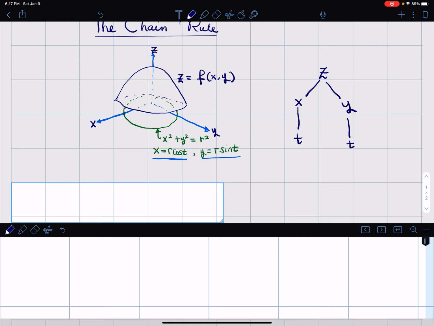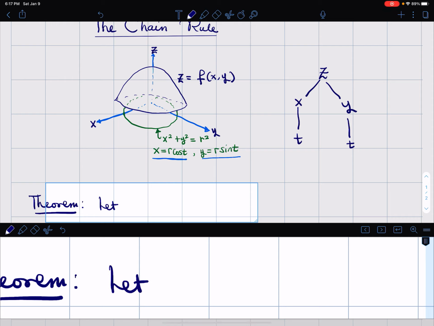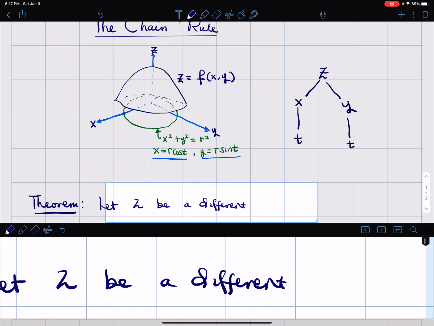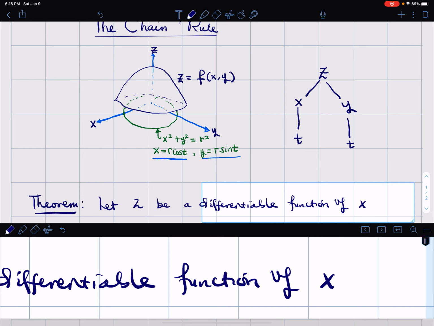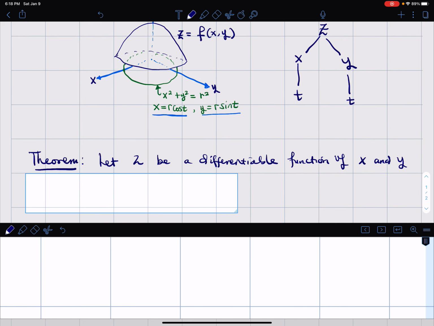I'm going to state it as a theorem, which I'm not going to prove because we may not have time for that. So let z be a differentiable function, a function that we can find its derivative, of x and y, on its domain,